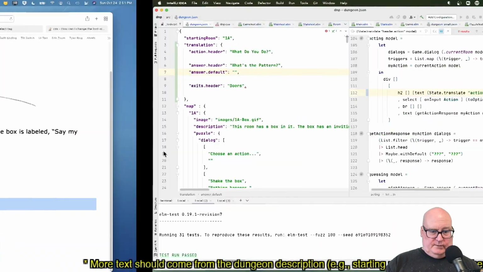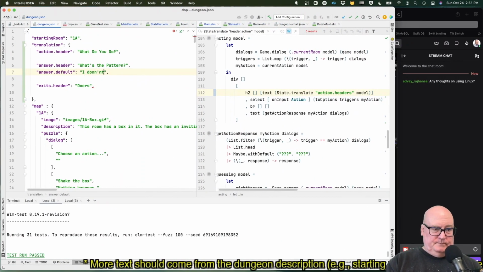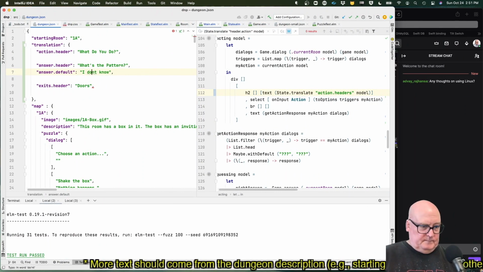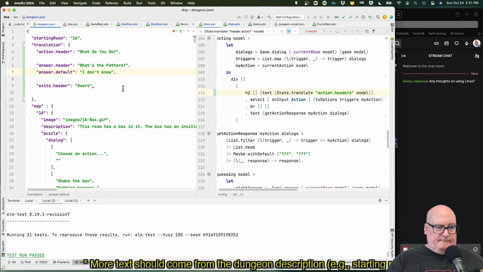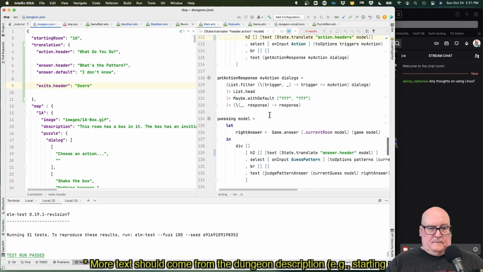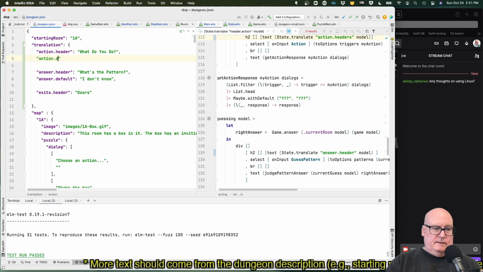I don't know. Okay. And the action.default should be choose an action.